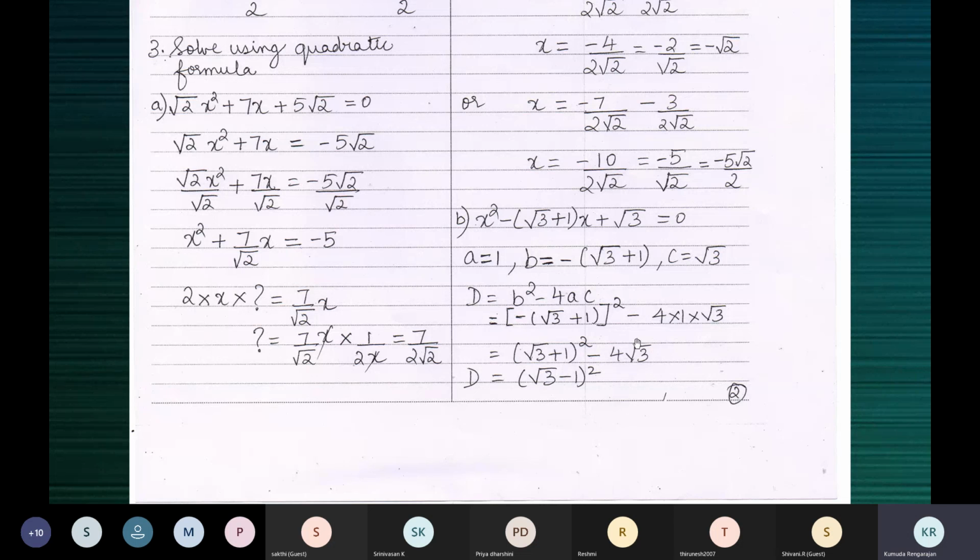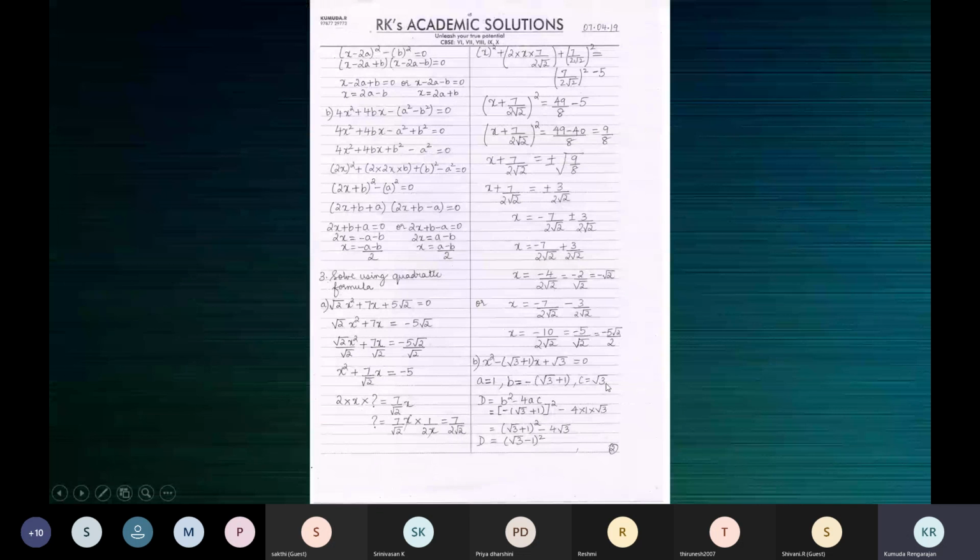Don't spend time expanding, then calculating the like terms. Then you have 4, you should write that as 3 plus 1. All that should occur to you. Use the identity here. A plus b the whole square minus 4ab is a minus b the whole square. So you learn this one, and when you expand you will get 4 minus 2 root 3. In that case you will have to write 4 as 3 plus 1, and 3 is root 3 the whole square and 1 is 1 the whole square.